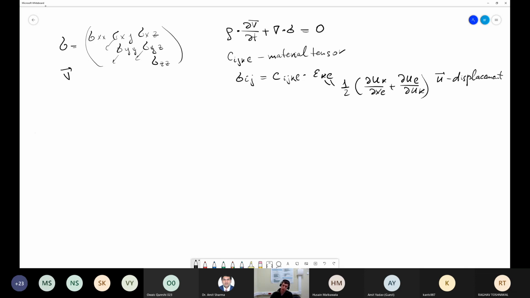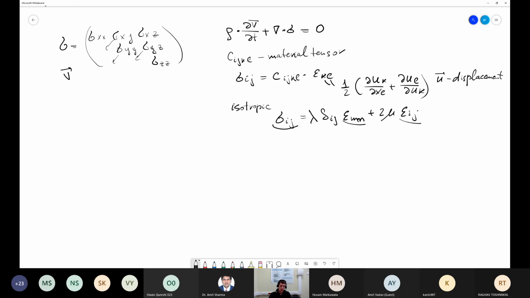If we are dealing with an isotropic material, a lot of the parameters C_ijkl are equal to 0, and we can write that sigma ij is equal to lambda multiplied by the Kronecker delta times epsilon mm plus 2 mu epsilon ij. Yeah, this is something like 3D Hooke's law. This is a stress and this is a strain. Okay, let's substitute everything here, and we will obtain